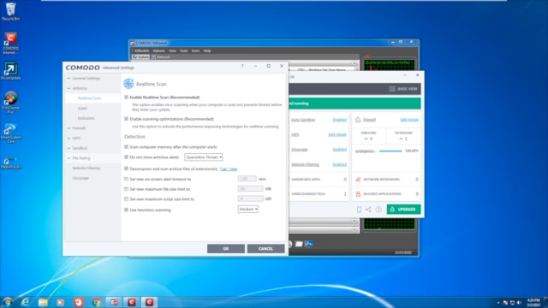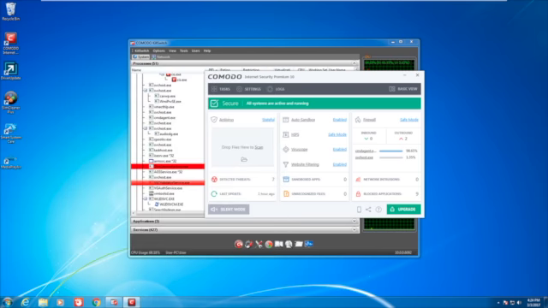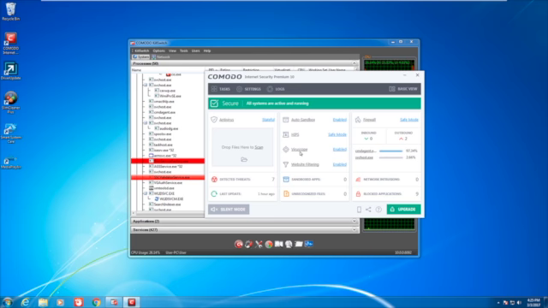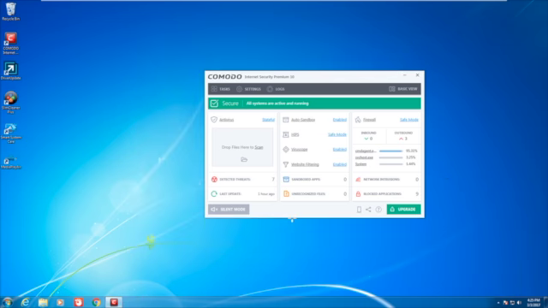Real time. Let's try that out. Block threats. If it knows, it should block it out. So yeah, and I don't think that application's opening anytime soon, because it is aware that there is a threat on the